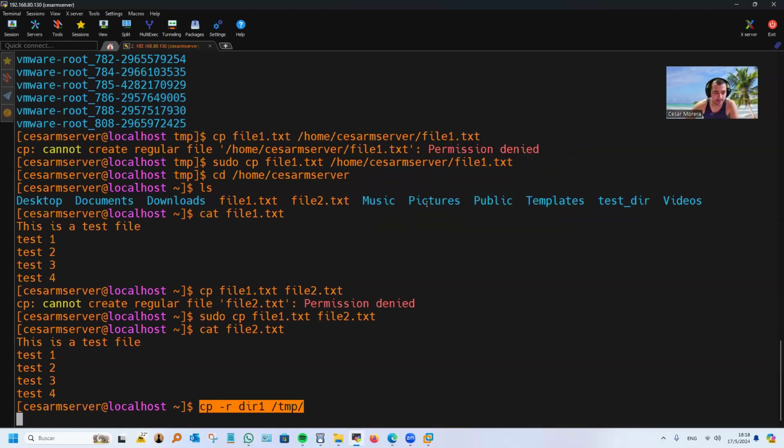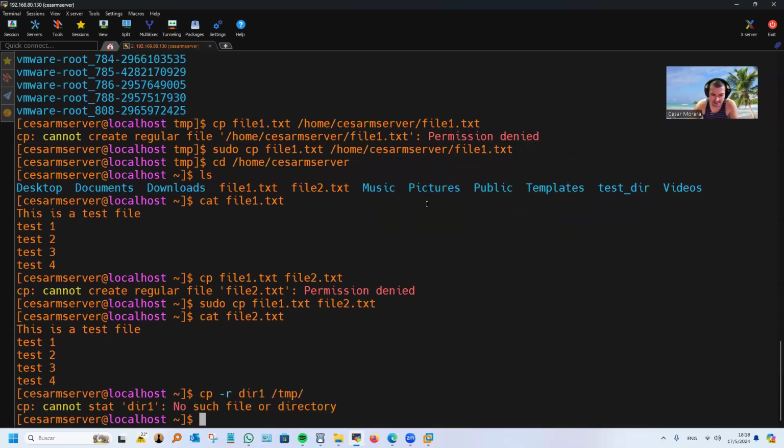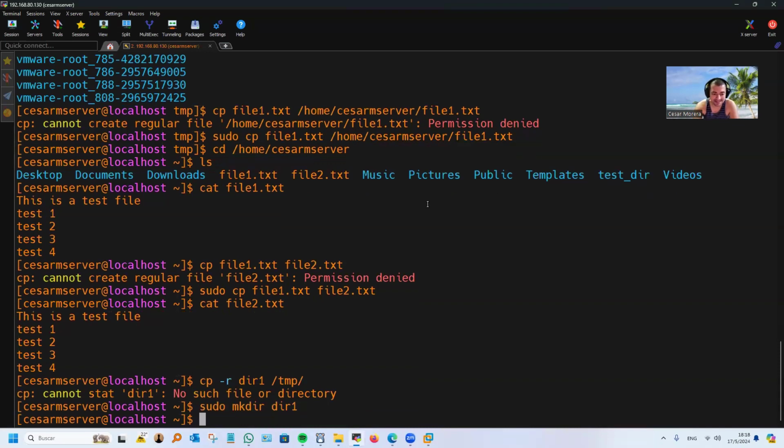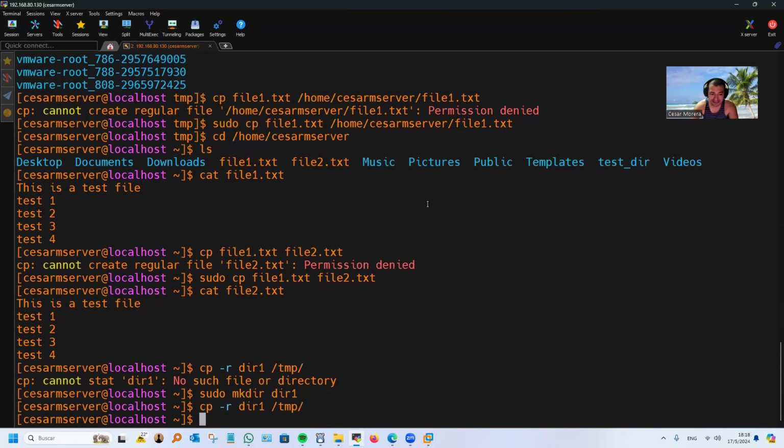Let's just paste it here and let's see what happens. It doesn't really exist. So remember, with the sudo mkdir command, you can create this directory. And if we run the command again, it was successfully completed with no issues. Now, if we do a cat, then tmt. In fact, if we do an ls